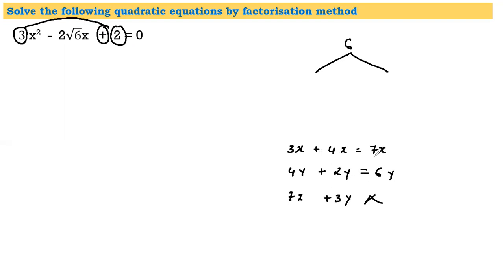If the addition of two terms is 7x, both the terms will have x, that is for sure. If the addition of two terms is 6y, both the terms will have y, that is for sure. Similarly, understand this, if the addition, because the last number sign is plus, of two terms is 2 root 6, both the terms should have root 6, because only then they can be added. Now, this is the most crucial thing that you need to know about the sums where we have a square root in the middlemost number.